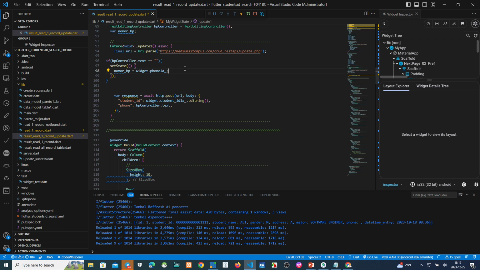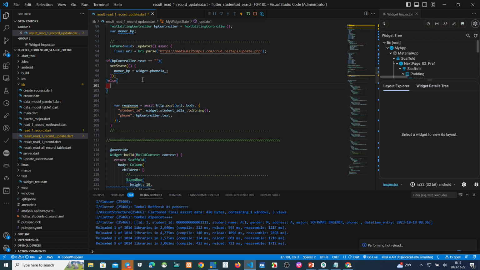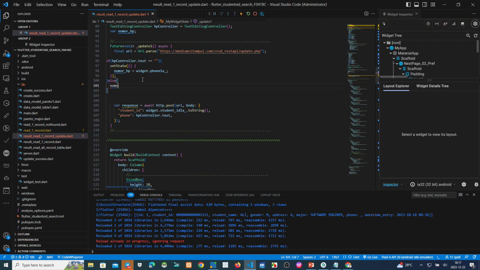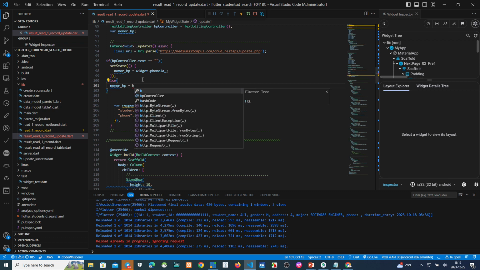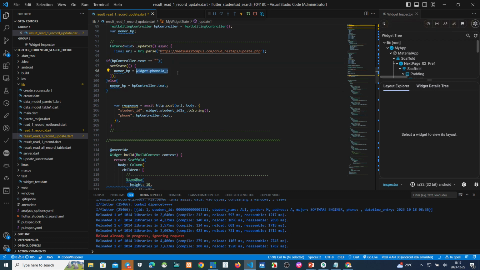Moment please, this one. Okay, else. If not null, it means not null, new HP equals HP controller. If not null, take this data from HP controller. But if null, take data from the previous value. This is the solution